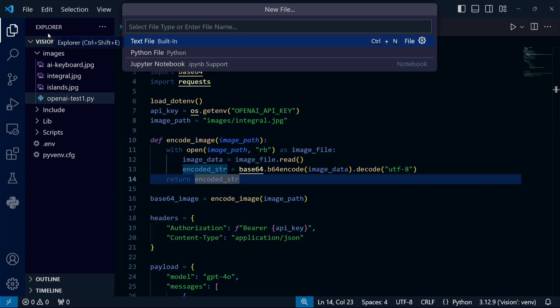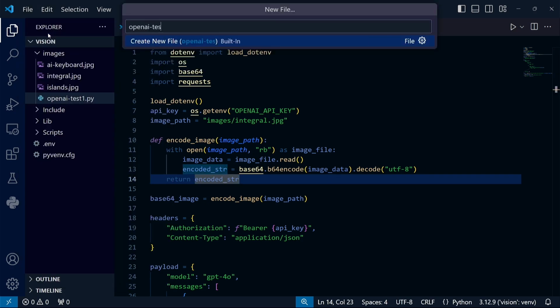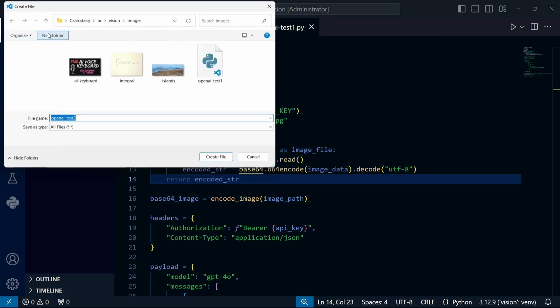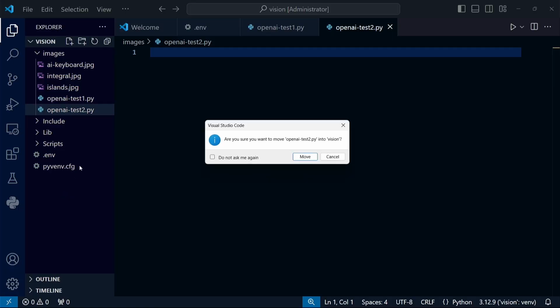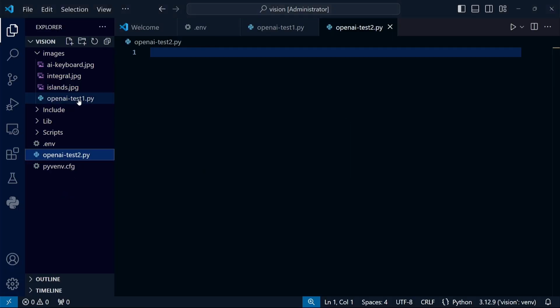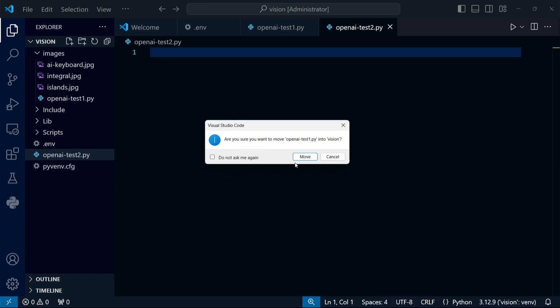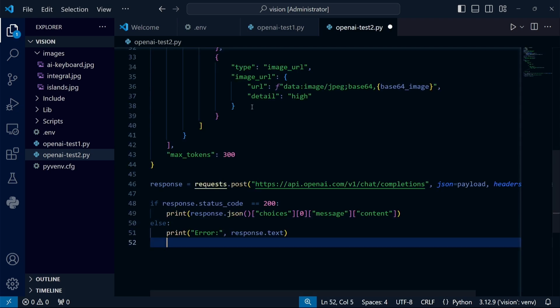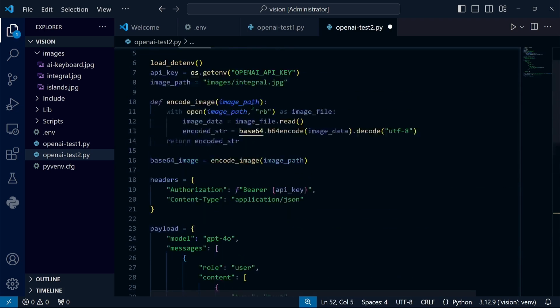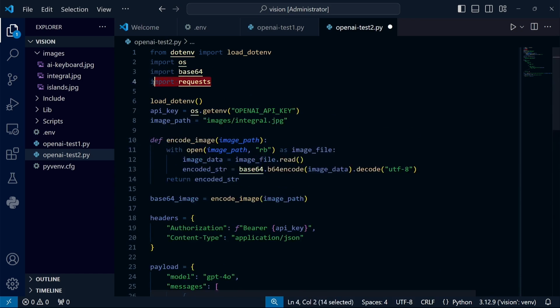I'll be preparing a new program using OpenAI libraries, and for simplicity, I'll copy the existing program into a new file. I just realized I accidentally saved the files in the images subdirectory instead of the main project folder. I'll go ahead and move them to keep things organized. And this is fixed. Now we can focus on the program. I pasted the previous program into a new file. Now, we will go through it step by step and make the necessary changes.